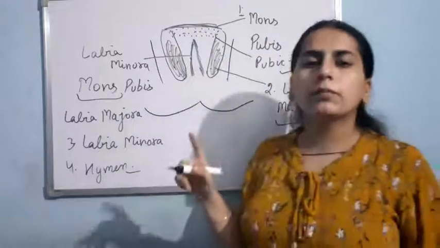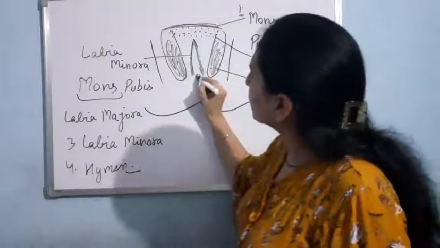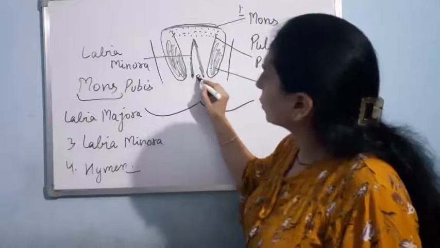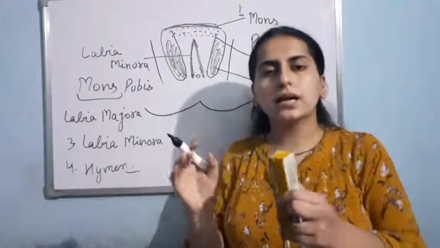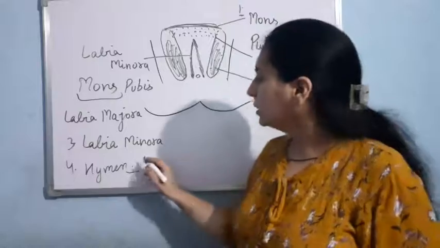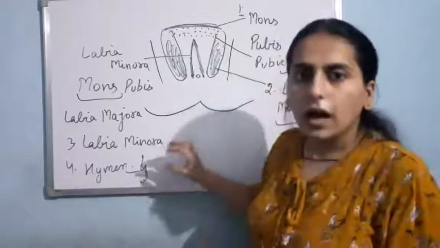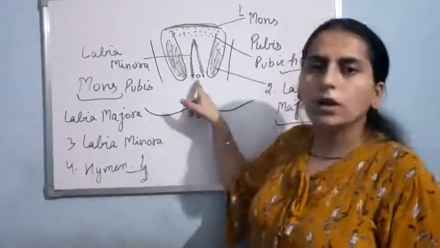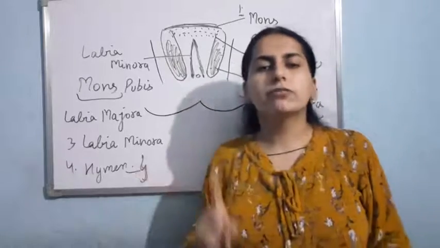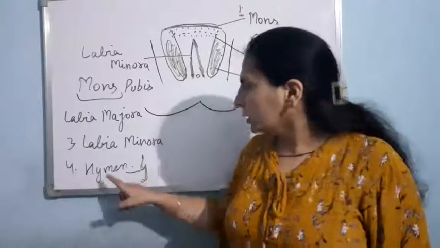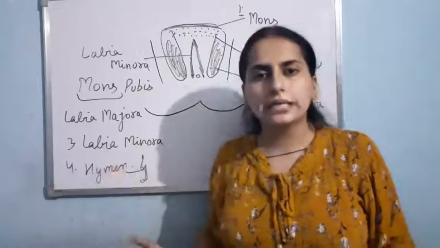Now, fourth part is hymen. Basically, in the female reproductive system, we have discussed about the vagina. So here is the vaginal opening, and this opening is sometimes enclosed within hymen. So basically the hymen encloses the vaginal opening, but the hymen is not present in all the female. After the first sexual intercourse, this hymen gets torn. In that female, the hymen won't be present.